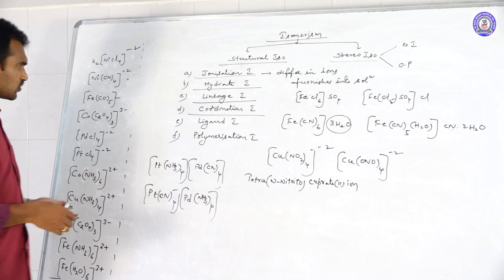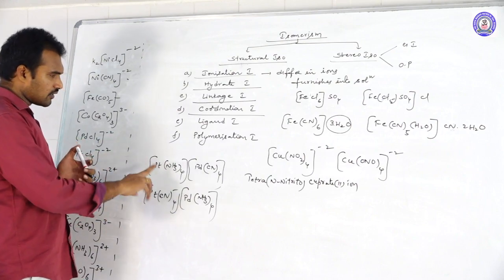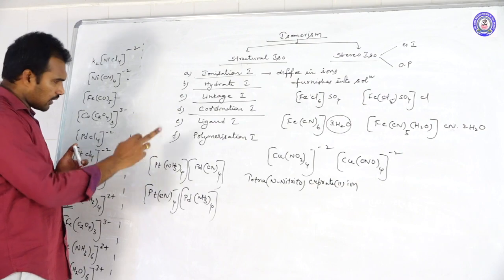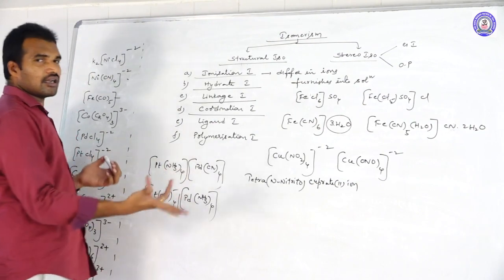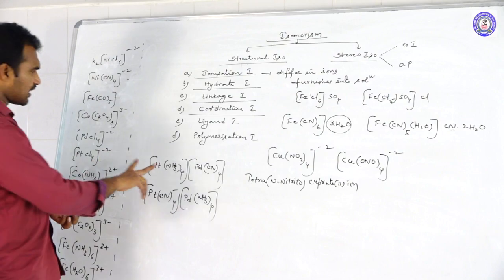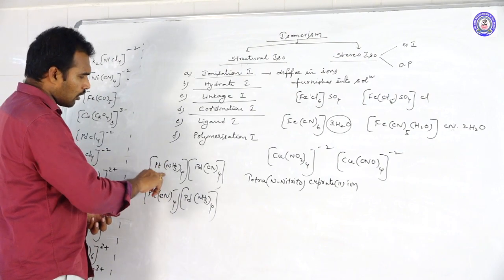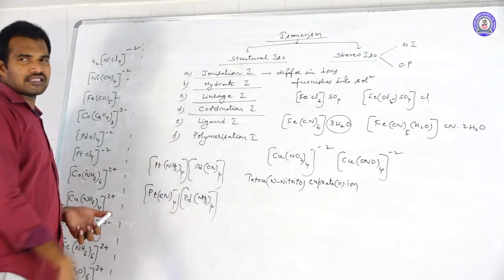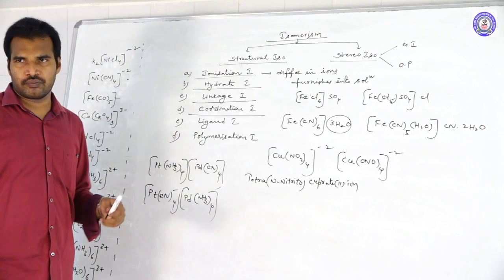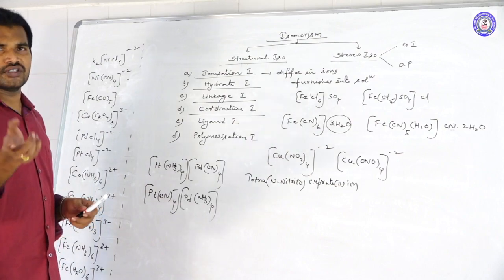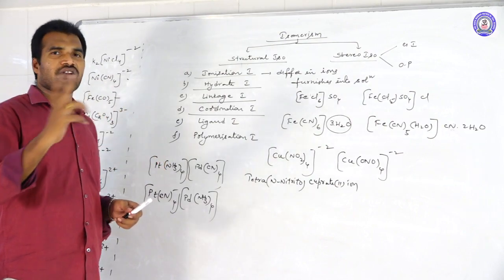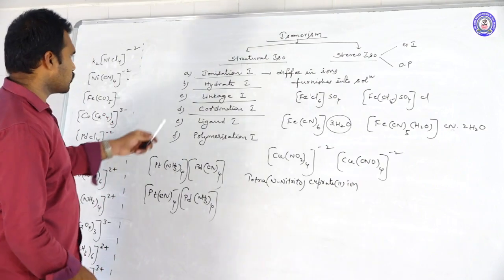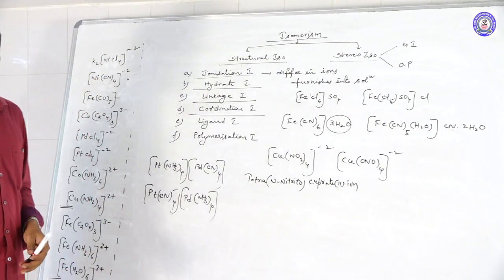Of course, they are coordination isomers. Why? Because here ammonia ligands are with the platinum in the first, but ammonia ligands are with the palladium in the next. So that means there was an exchange of ligands between platinum and palladium. That isomerism we call what? Coordination isomerism. So isomers in which there is an exchange of ligands between two coordination spheres, that isomerism we call coordination isomerism.